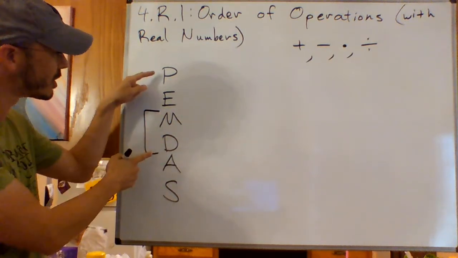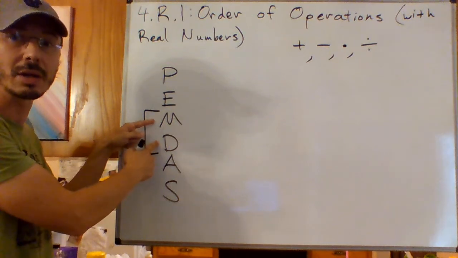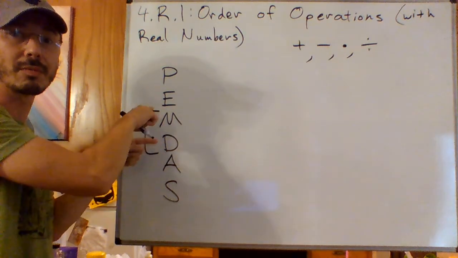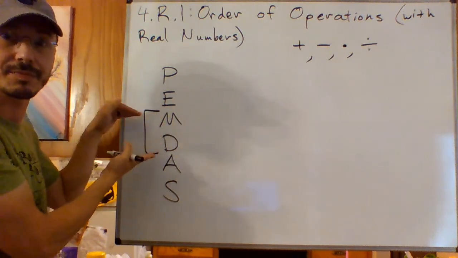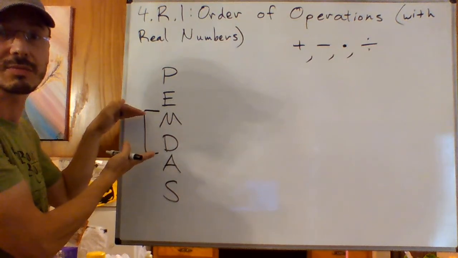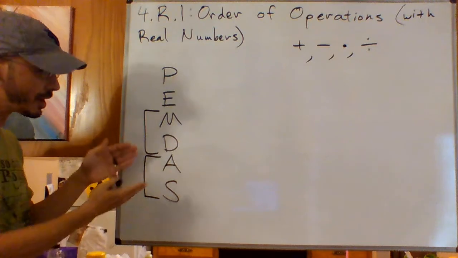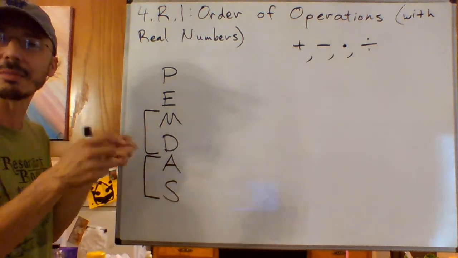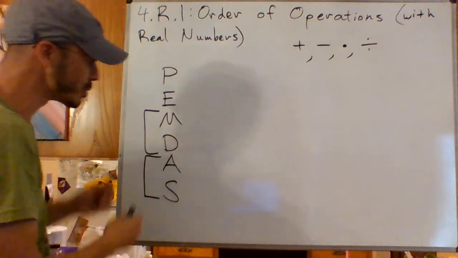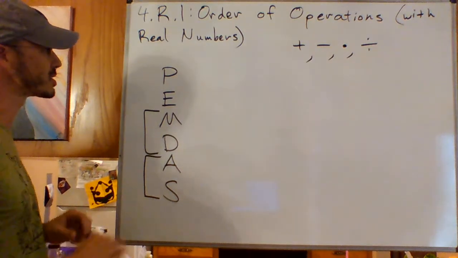But we could have PEDM, because these two are of equal precedence as we work from left to right. Same with addition and subtraction. Addition and subtraction happen kind of at the same time, but as we go left to right. And we'll see examples of how to do this. So